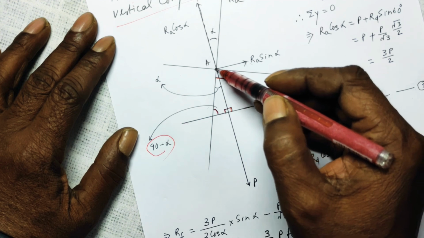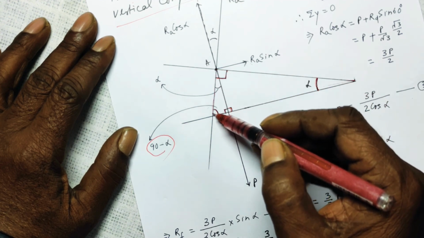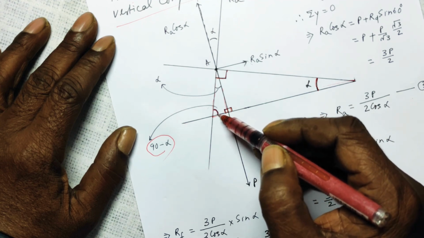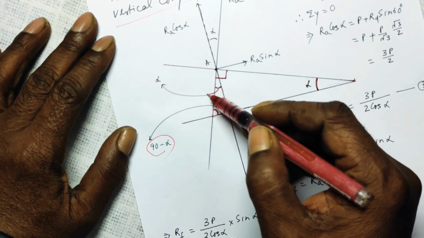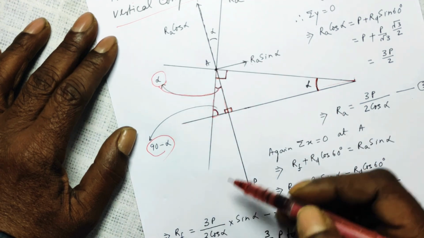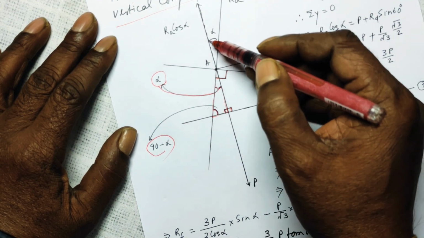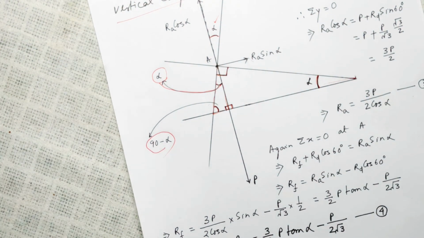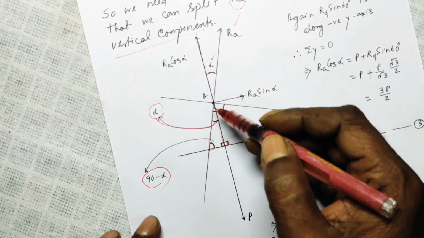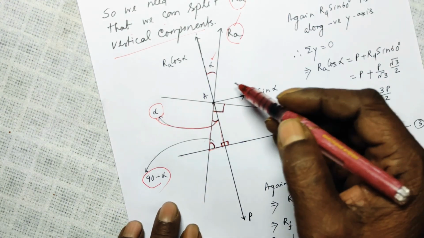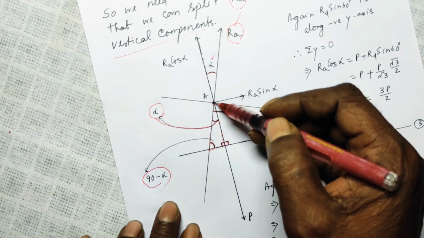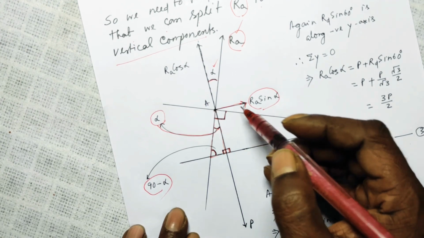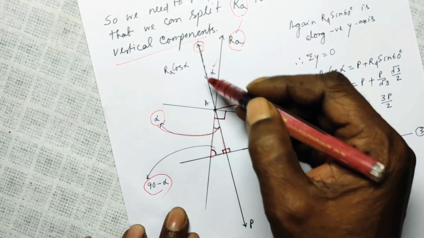Now look at the smaller triangle, this triangle. This is 90 minus alpha. Therefore, this has to be alpha. And this angle is vertically opposite to this, therefore this angle will also be alpha. So at point A, RA makes angle alpha with the vertical. So this will be your RA sin alpha along the positive x-axis. RA cos alpha will be